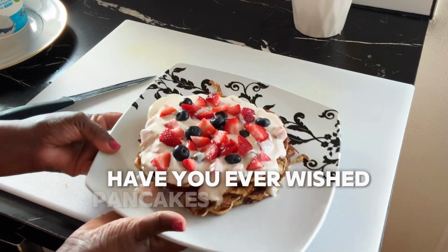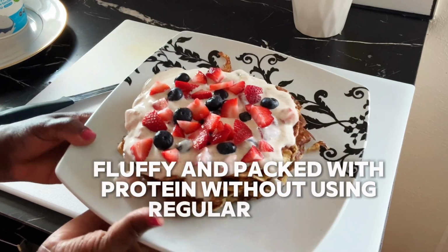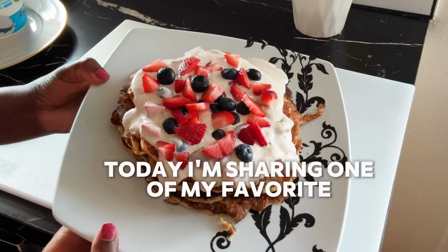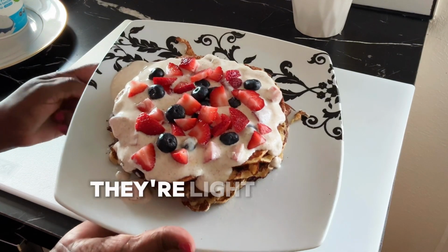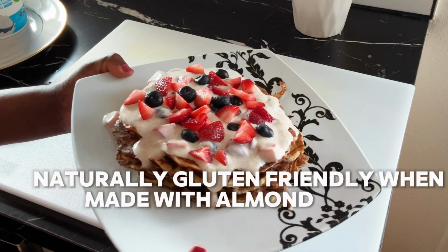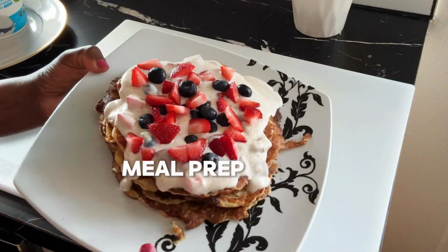Have you ever wished pancakes could be soft, fluffy, and packed with protein without using regular flour? Today I'm sharing one of my favorite healthy breakfast recipes: high-protein cottage cheese pancakes. They're light, satisfying, naturally gluten-friendly when made with almond flour, and perfect for busy mornings, meal prep, or after a